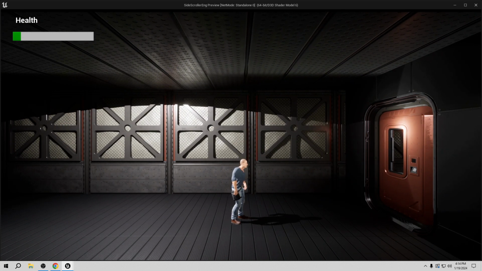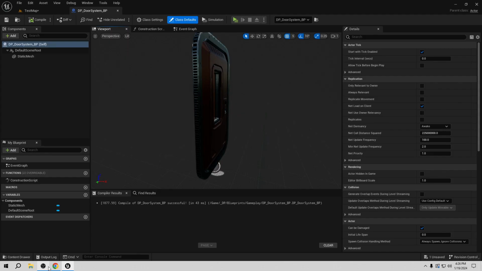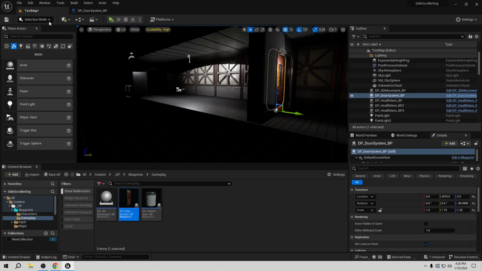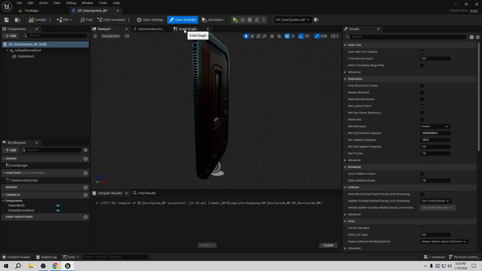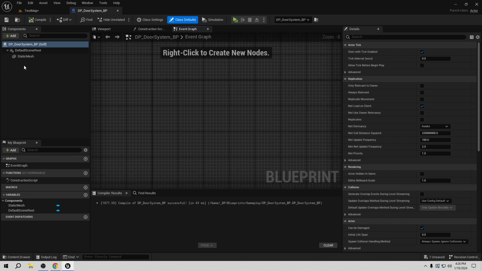So let's continue to make this door. The first kind of door we wanted is gonna be the proximity door. We go close to the door, and it's gonna go up. Like sci-fi doors, they're gonna go up. We can do it slide to one side if we want, but for me I like it to go up. So let's do that. So let's go to door system again, go to the event graph, and we're gonna need